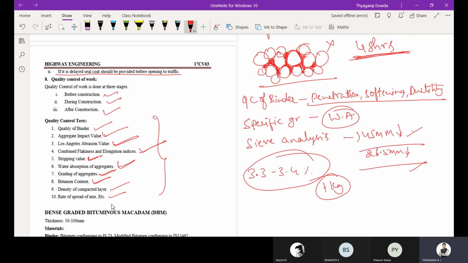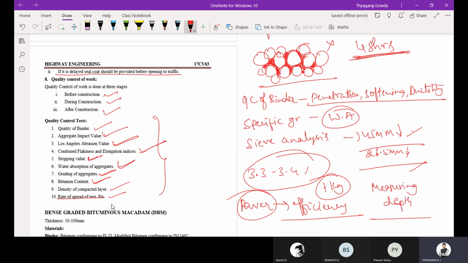Then rate of spread of mix, which can be determined by the paver. You are going to check the efficiency of the paver, that is the rate of spread of mix, by measuring the depth of construction. So these are the quality control tests which can be utilized in the construction of bituminous macadam layer.